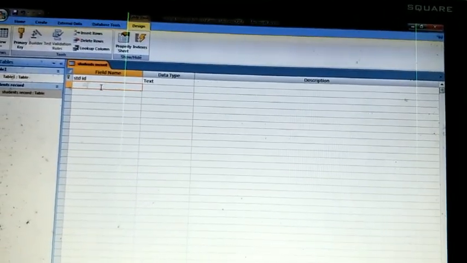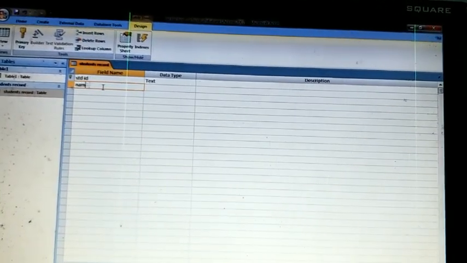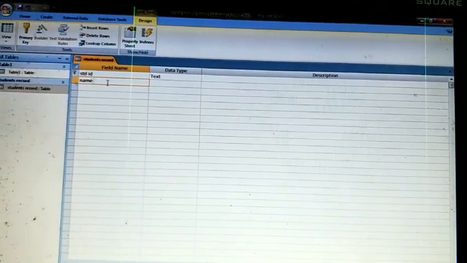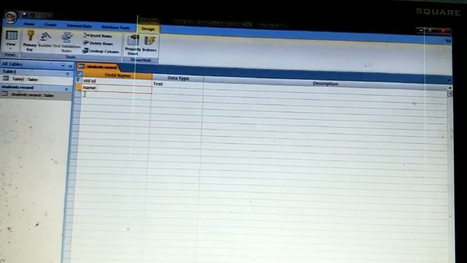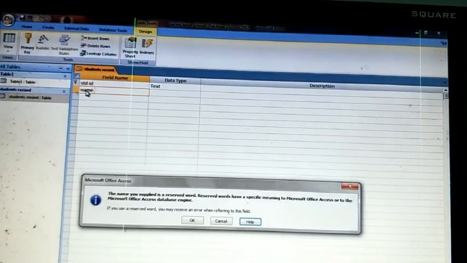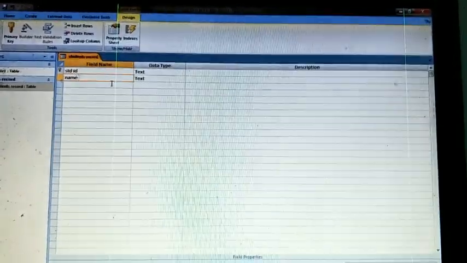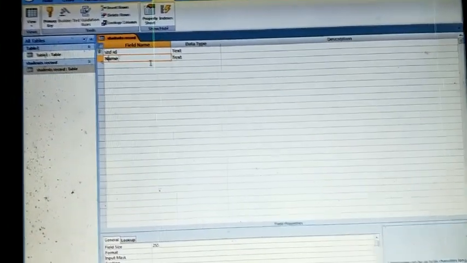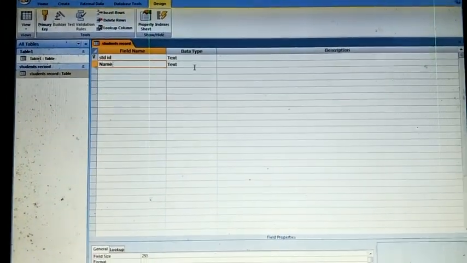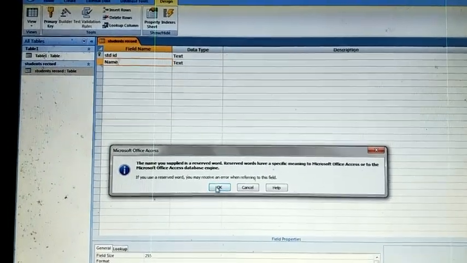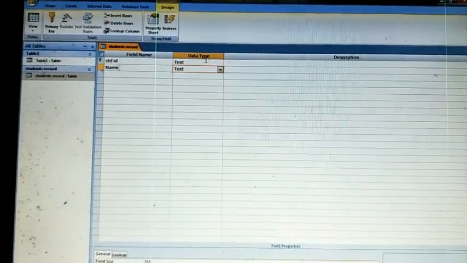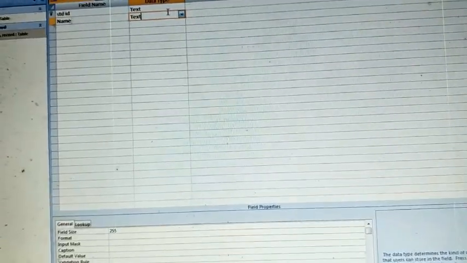Next, student name, then write the field name as only name. Clear? And then name will be text, because the text data type can store both types of value, alphabetic values and numeric values.